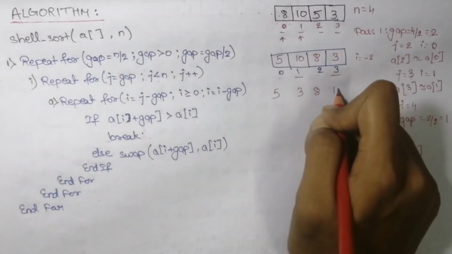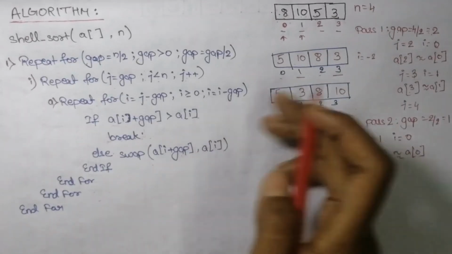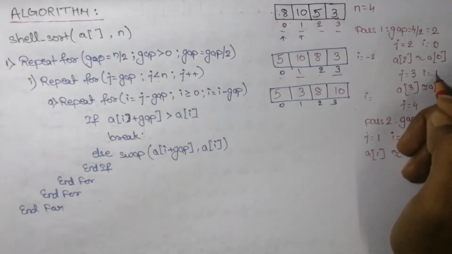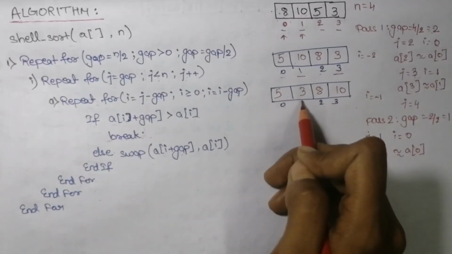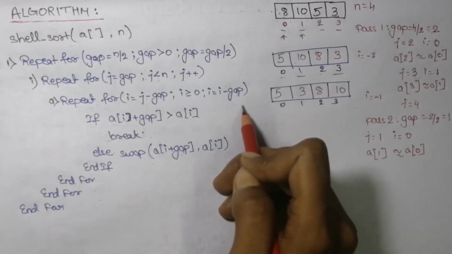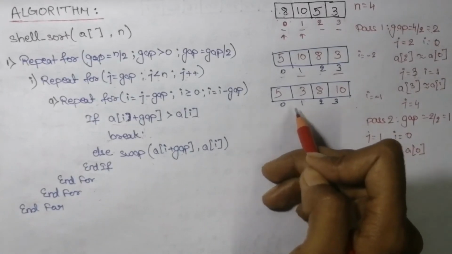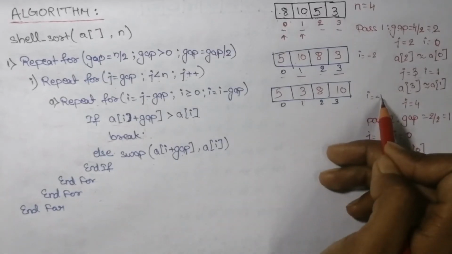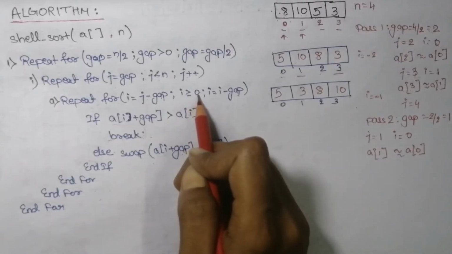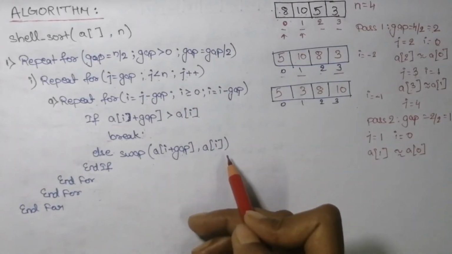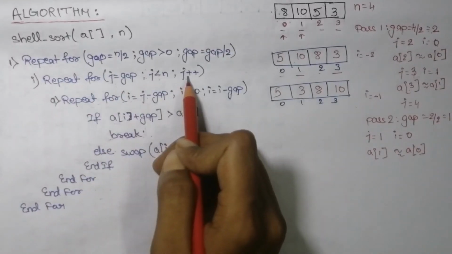So our array will look like this, and again control will go here and i equals i minus gap. So i will be 1 minus 2 equals minus 1. This is the same thing: whenever a swap occurs, we also need to compare with the previously gapped element. So the element at the first index needs to be compared with the element at 1 minus 2, that means the minus 1th index. But here minus 1 is not greater than or equal to 0. So there won't be any comparison, and we will come out of this loop and set j plus plus.